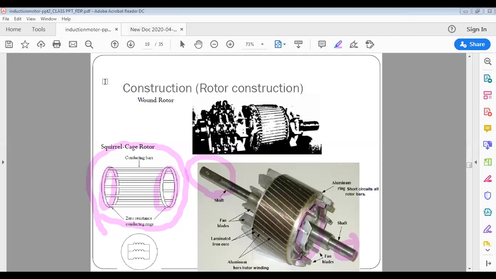What construction can you see here? Yes, who can answer? Slightly skewed. Very good. Roll number 40, Shruti. Okay. So in DC machines, we have seen slots are parallel to the axis of the shaft. But in a squirrel cage rotor, you will find slots are slightly skewed. Now, why the slightly skewed slots construction?